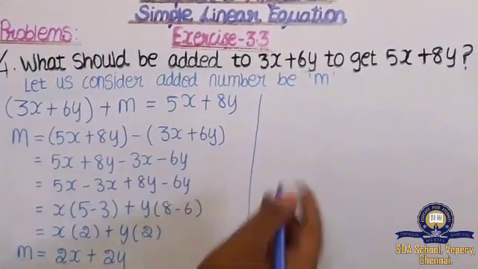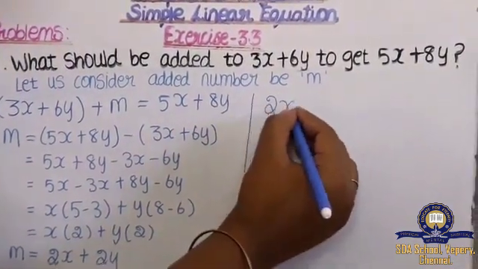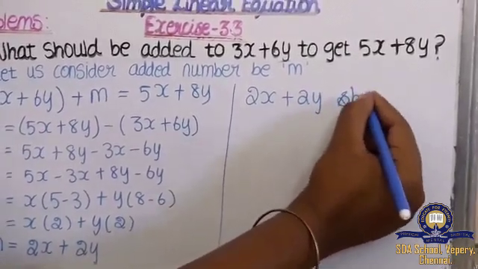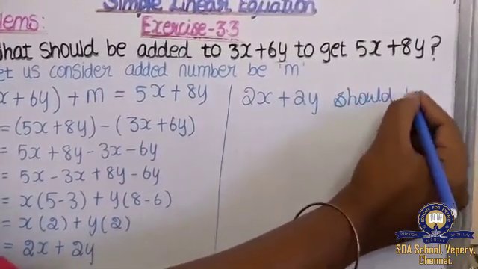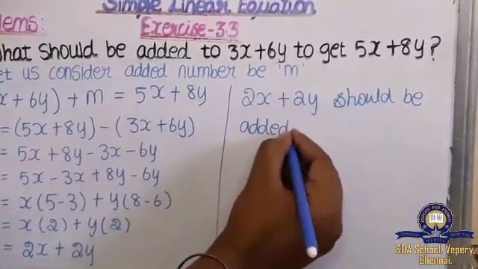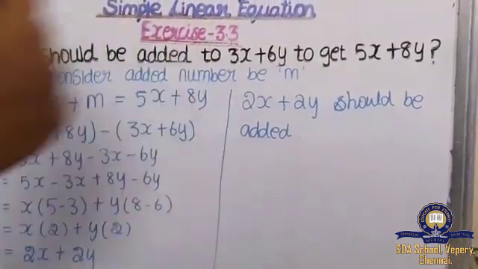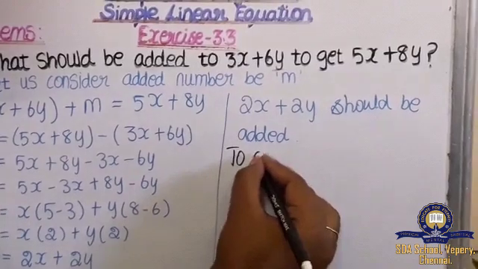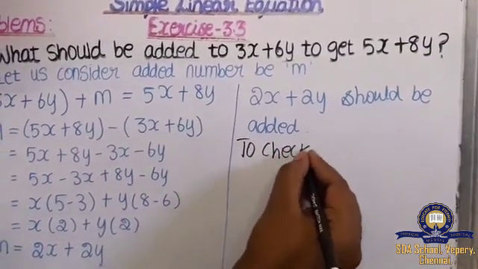Here 2x plus 2y should be added to get the 5x plus 8y. We can also check whether our answer is right or wrong. To check,